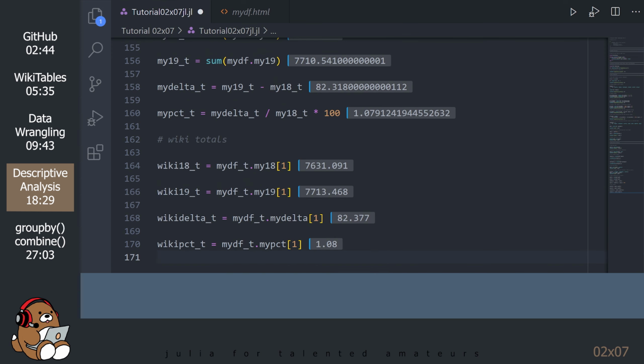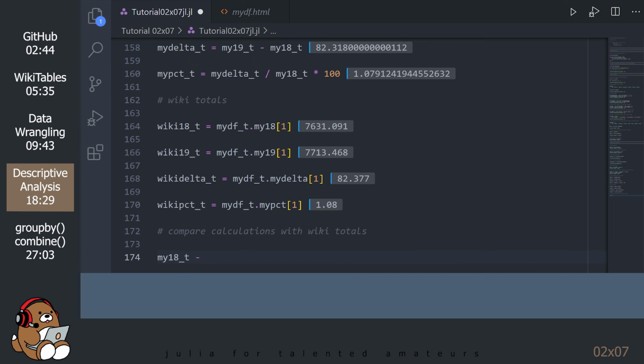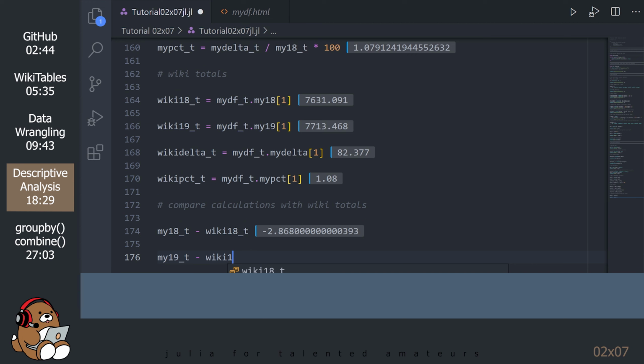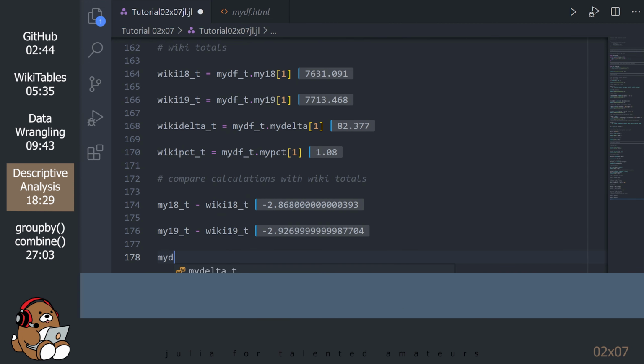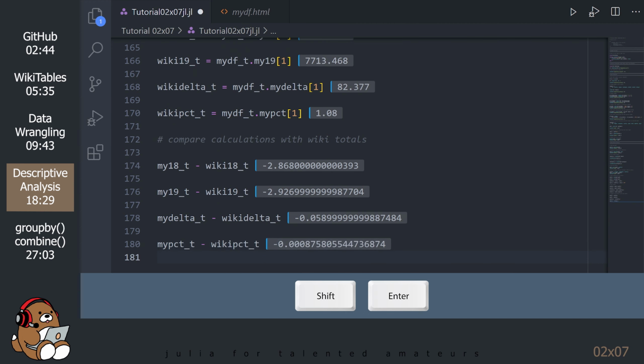Let's take a look at how far off we are. The total population count is off by almost 3 million people for both 2018 and 2019.